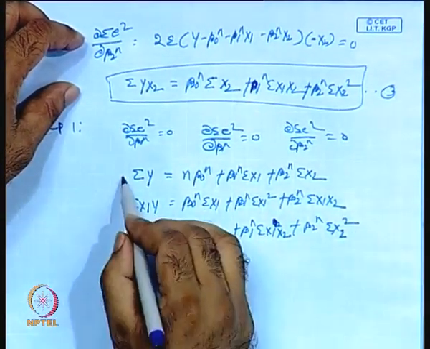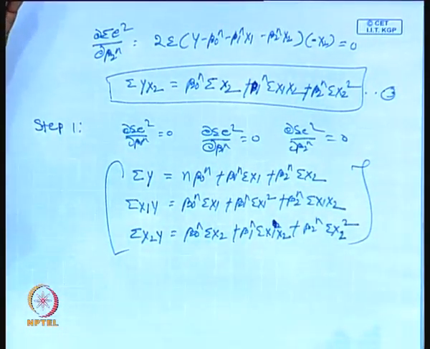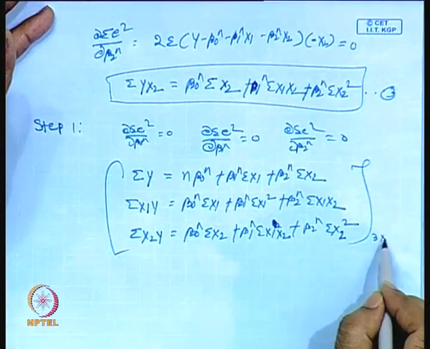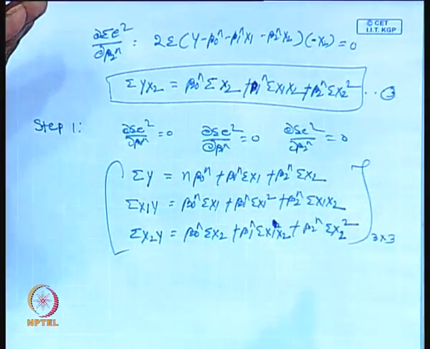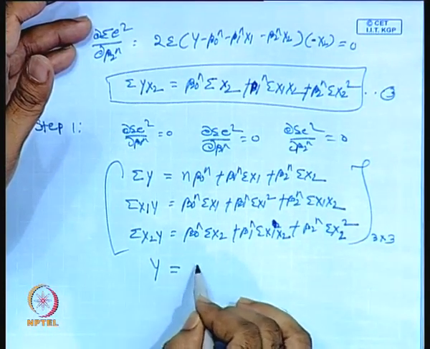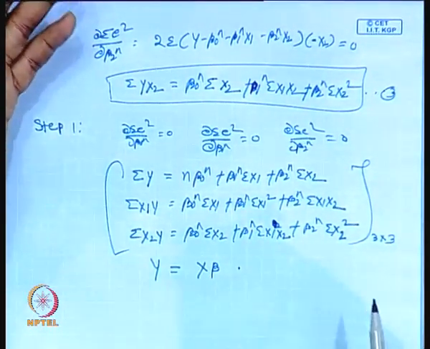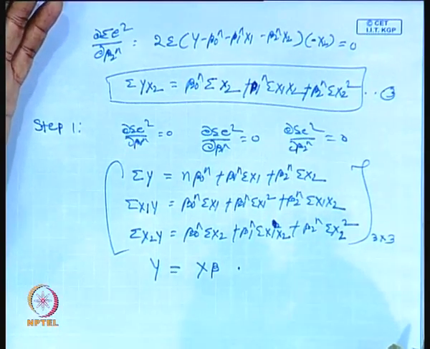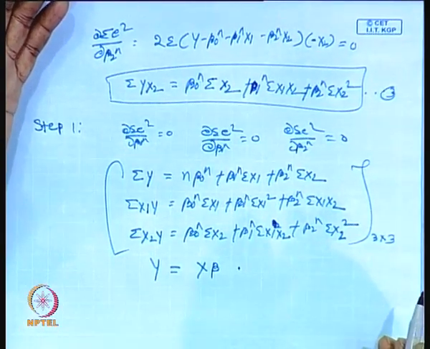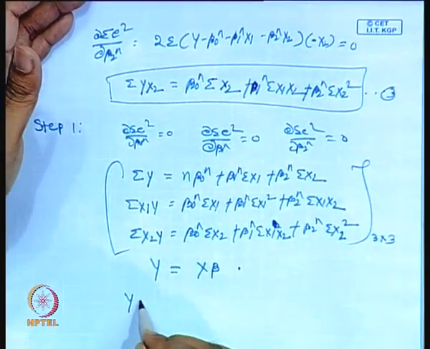Okay, so this is nothing but 3 into 3 equations. So we can also put it in this particular structure and write it like this: y equal to x beta, simply you can say y equals x beta. Okay, so what is y here? So y represents